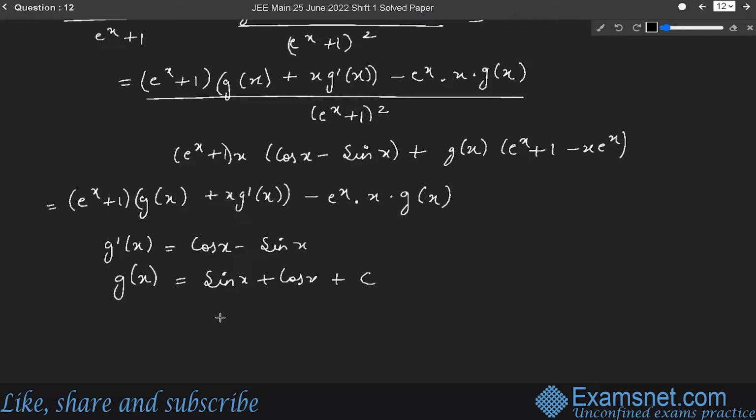We can see that g of x is increasing in the interval 0 to pi by 4. Therefore, g double dash x will be equal to minus sin x minus cos x. It will be less than 0. G dash x is a decreasing function. Therefore,